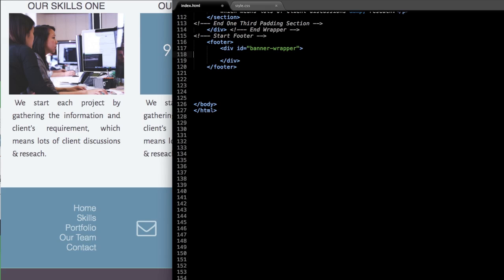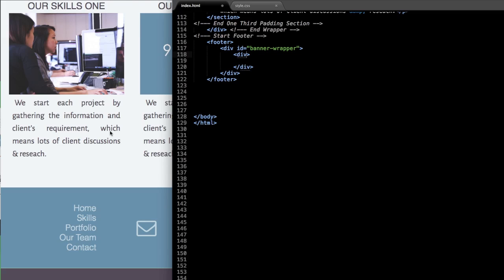And inside of that, we're going to create our next section, and this is going to be called div class icon